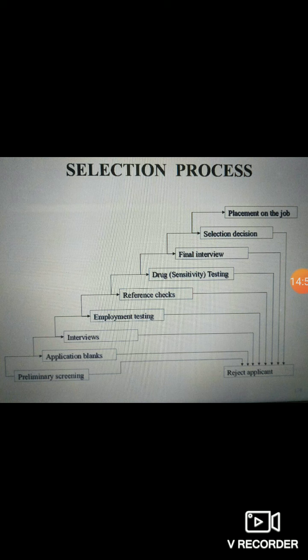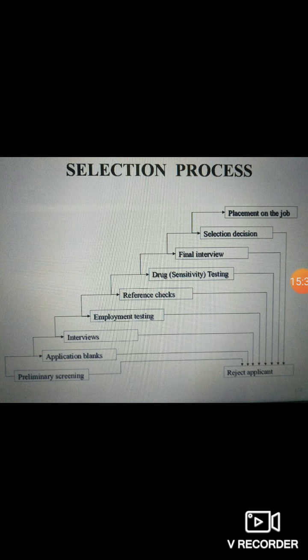And sometimes here it's not only the employer rejecting the candidate, but also the candidate can reject our offer, saying he has got a better opportunity. During the process, maybe 1 or 2 days we would have taken to complete the selection. By that time he would have attended another interview, or lastly when he comes to know the occupational hazard related aspects, which he would have missed when reading the communication, he is not interested. These are the kinds of reasons for which he may reject our offer, so that way also rejection can happen.